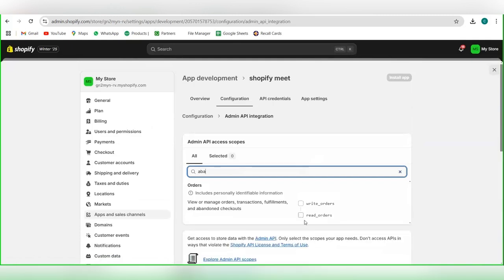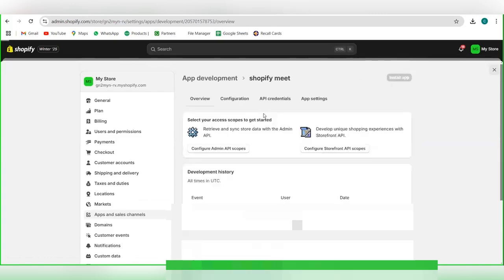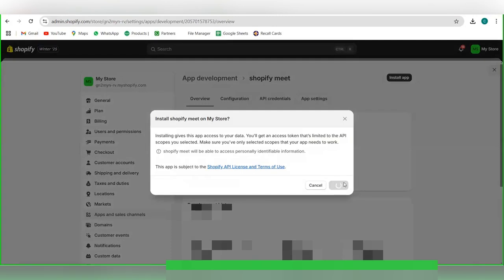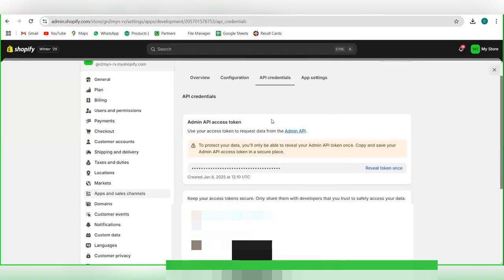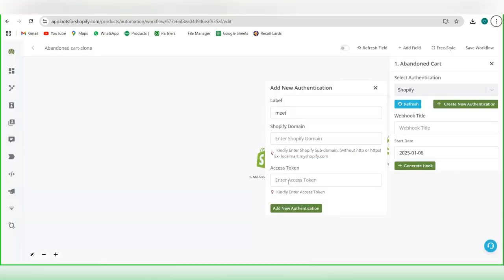We'll search for ABA and give the needed order permission and save it. We'll again go to overview and install this app. You'll receive an admin access API token, which you won't be able to get again. So kindly note it and keep this token saved with you, and we'll copy and paste the access token